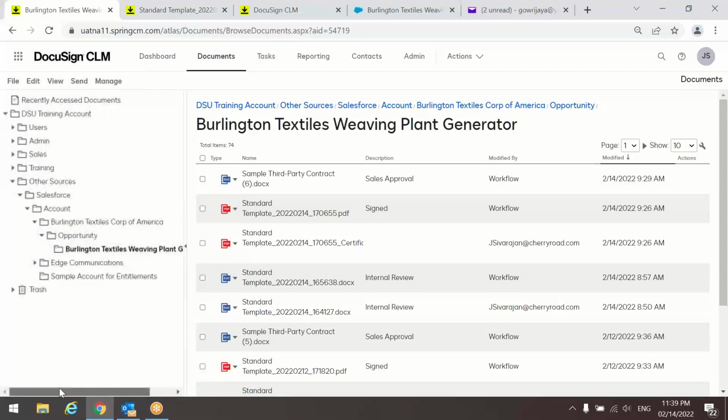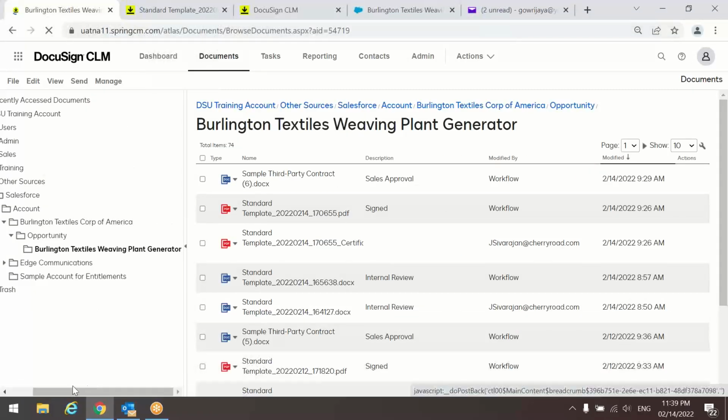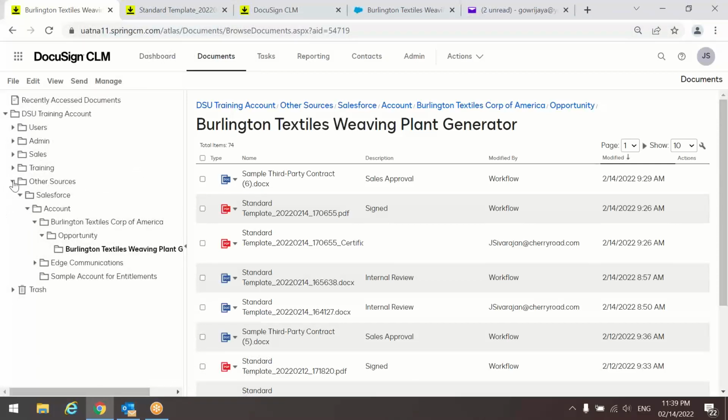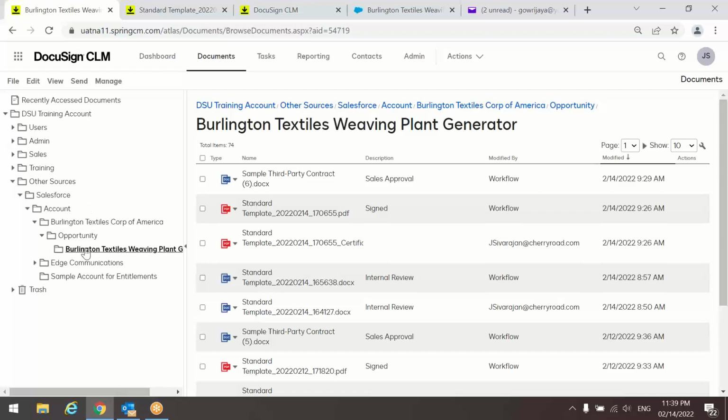And now coming under documents. So as I told you before, under documents, you have these folders and subfolders, and you have options to edit the documents, manage, send, and view all the options you have here. And we have already seen all those. And for this particular project, if you go to opportunity and Burlington Textile Weaving Plant, you see all these documents here. And coming to the tasks,